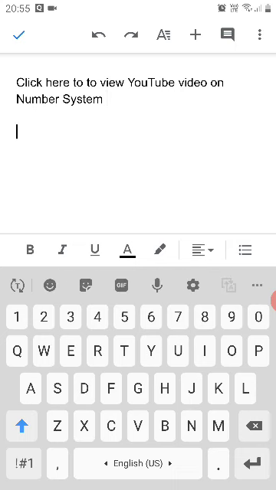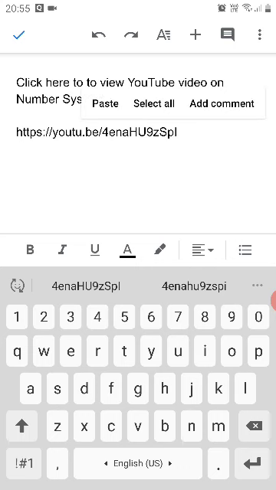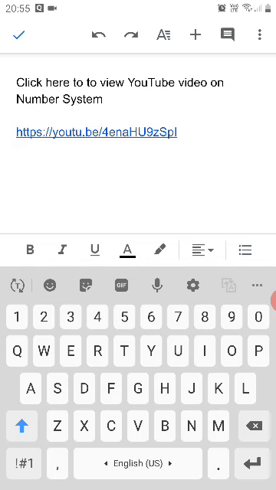This key is very important here. The Enter key is in the rightmost down corner. You will get that, and now you will press and hold here, and you will get a paste option as we used to do in other software. Then you will click on paste, and here you will get a link. Now the most important step that you should not miss: you have to press enter here. Once you press the Enter key, only then will this YouTube link get active. Otherwise it will not work.